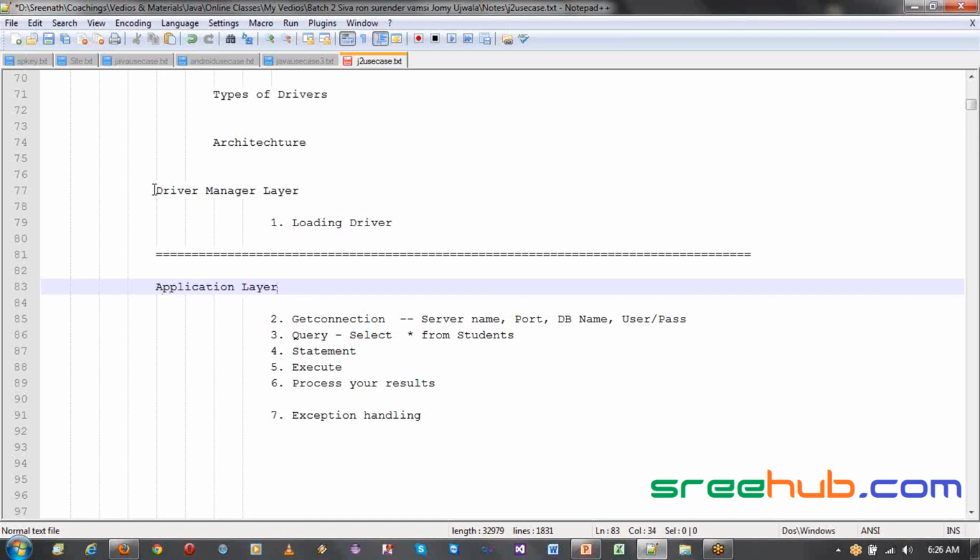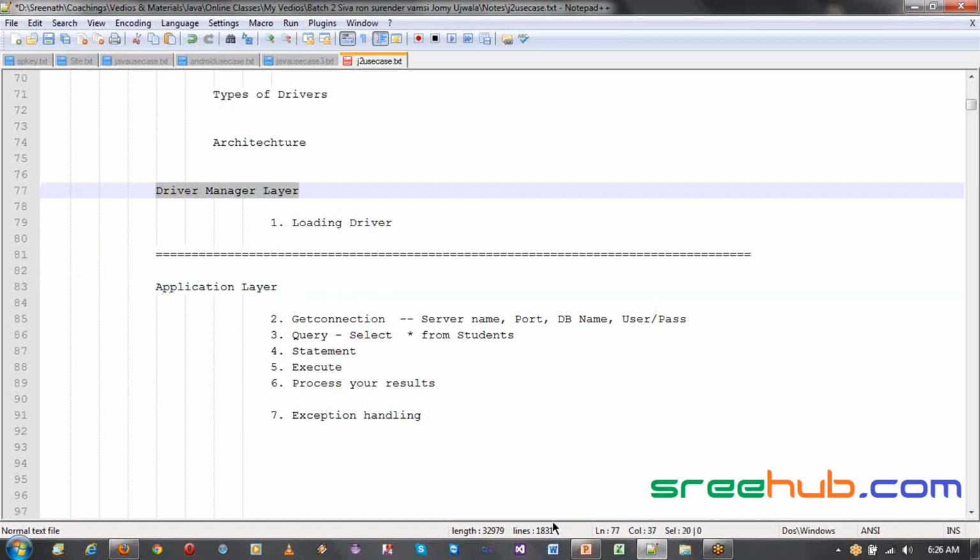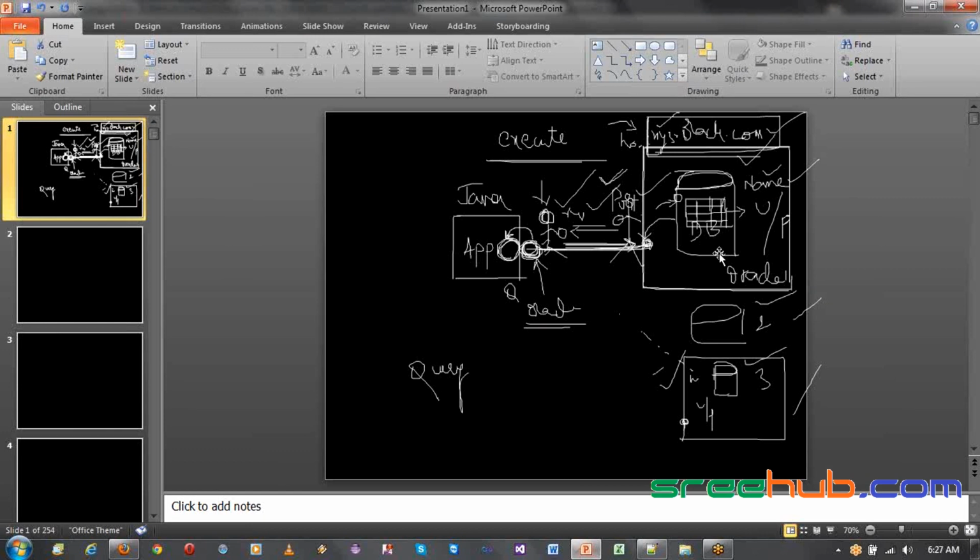Now, why I am talking about the driver manager is that here everything is taken up by this guy. This driver is something we get from the database vendors. If it is an Oracle database, they will provide something called a jar, which is the driver. Now, how to get that jar? You have to Google it and get the jars. Or in a team, if you're working as a team, and there is an application which is connected to a database,